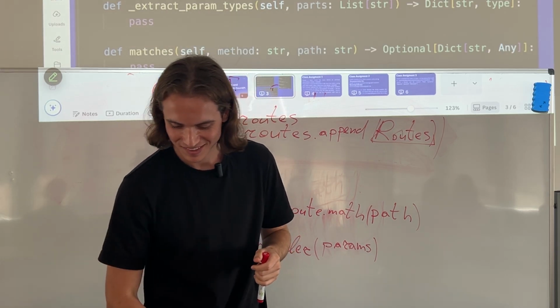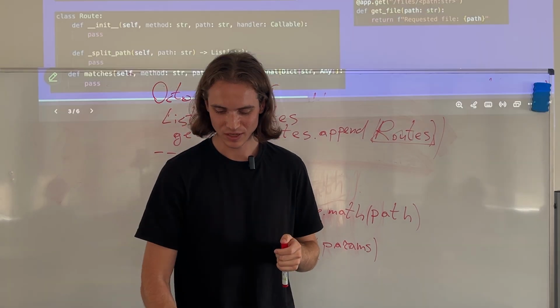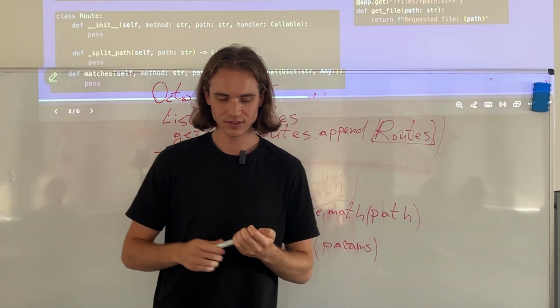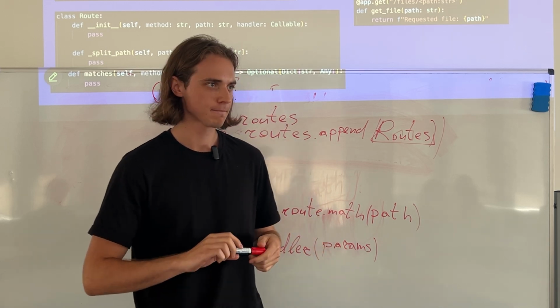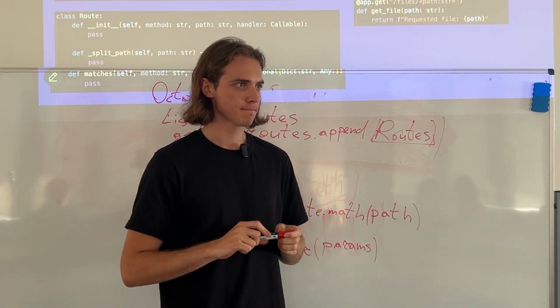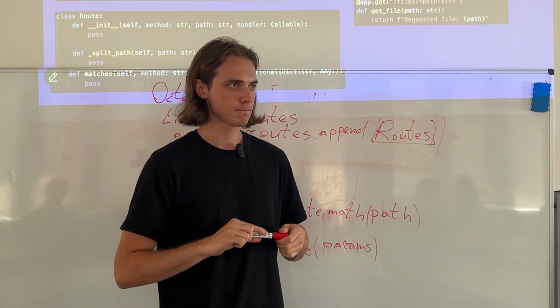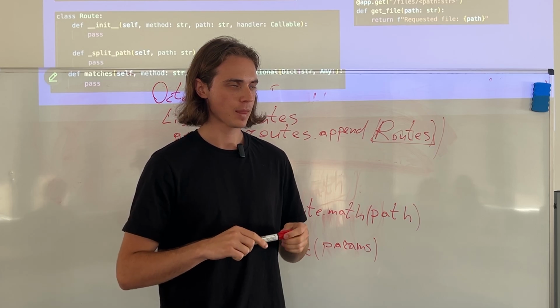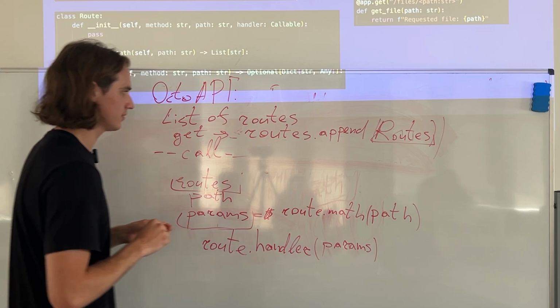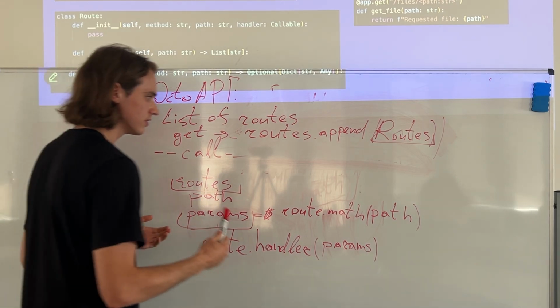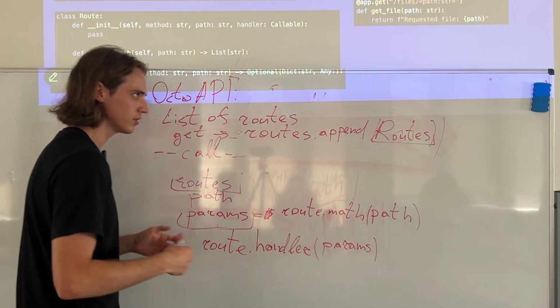Why do we need this specifically, this direction function? What purpose does it serve in our chapter? It literally matches the path that we registered. So we say